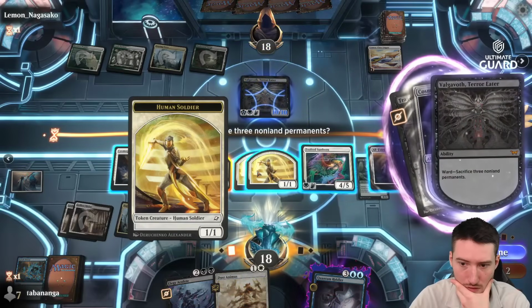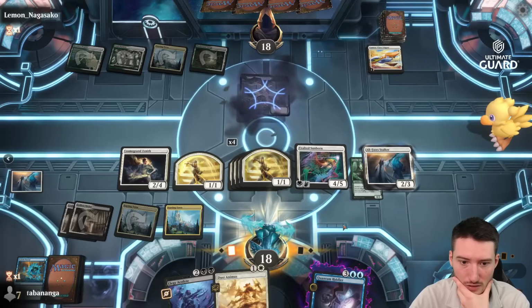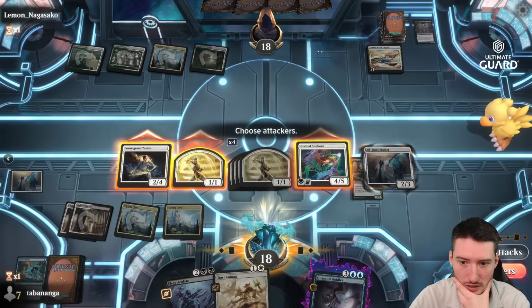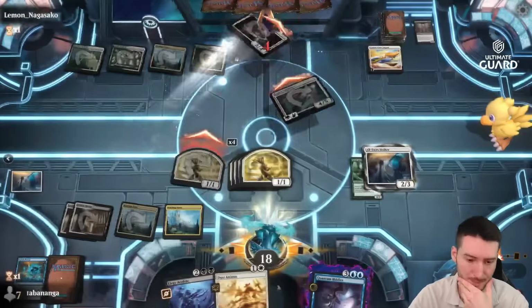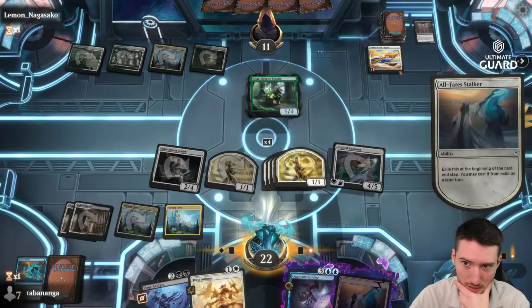1, 2, 3. If I sack the assassin, I'll lose it. It will go to their exile because of Valgavoth, so I won't do that. And then I attack. Okay. Doing things. This goes back. They get the Kona back. Oh yeah, they can actually...